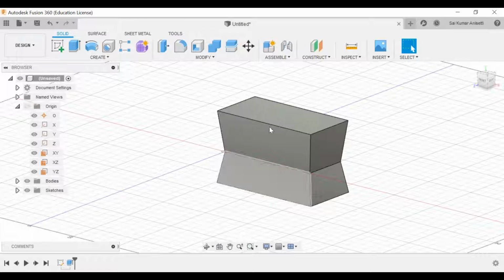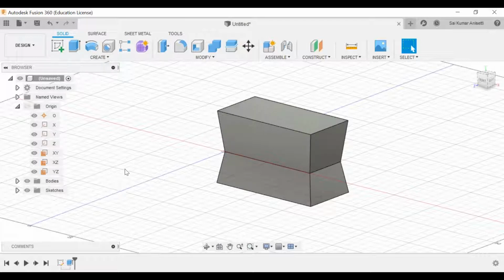Then if I give this figure to model, you need to get in your mind that okay fine, I have to draw a rectangle at a given position, and I need to extrude it in either direction, and I need to give a taper angle. So I have done this modeling using only a single step. That is what your thinking process should be. That is how a designer actually thinks in a proper way.